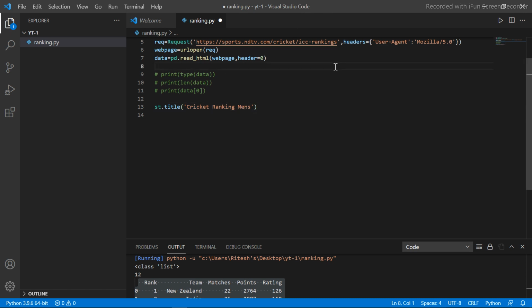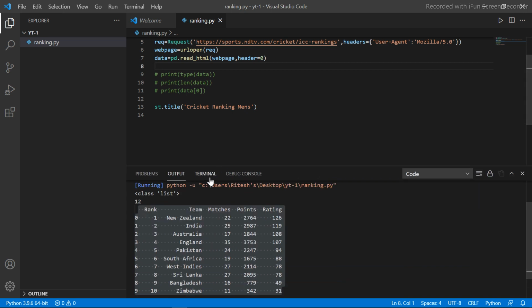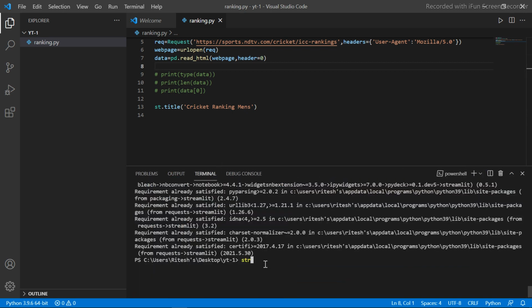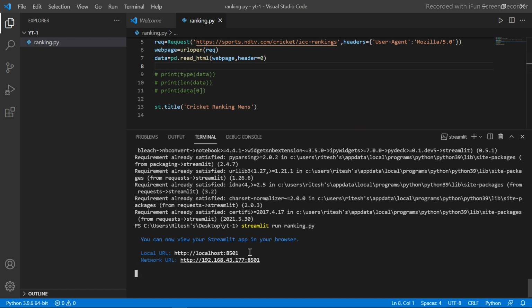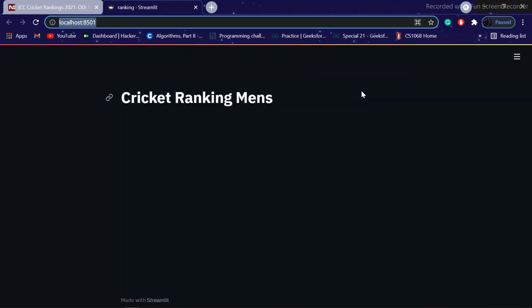Now we can see our Streamlit app by simply running the command streamlit run ranking.py. The syntax is streamlit run and your file name, and this runs on port 8501, so you can go and check it there. Our title is coming like this: Cricket Ranking Men's.